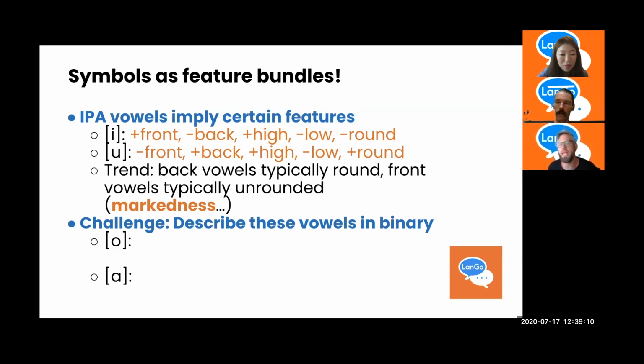Okay, the next vowel we're going to look at is ah. And this might be a little trickier, although I've given a clue in the last answer, which is that it's not a front vowel, nor is it a back vowel, right? We would say it's in the middle of front and back. Some people, I think, will call that central. But in our binary features, it's easy enough to say it's minus front and minus back. For height, it is minus high and plus low. And in my dialect, it's unrounded. I think most would be unrounded. So I think that might even be part of the definition of ah. But you could imagine a system which has a distinction.